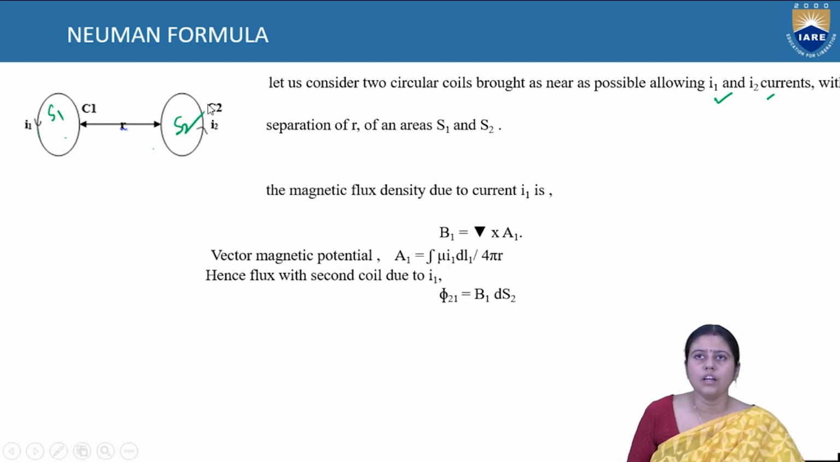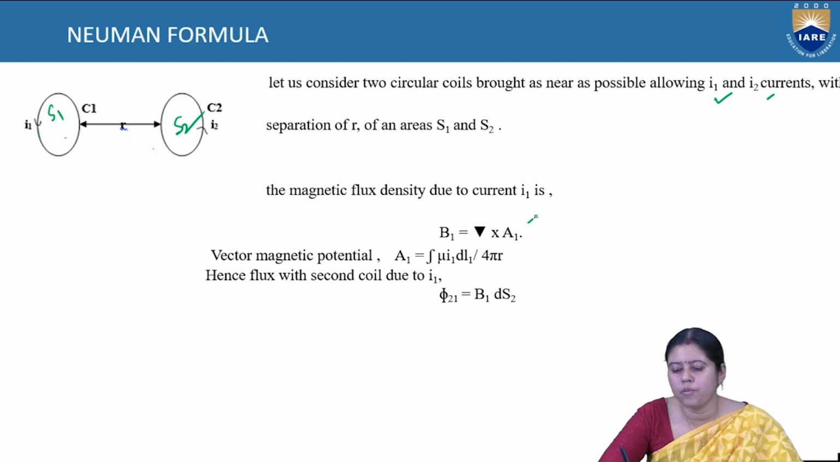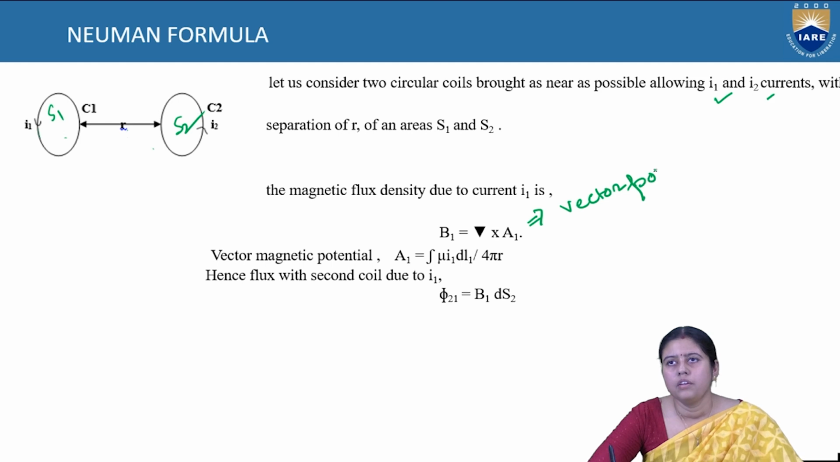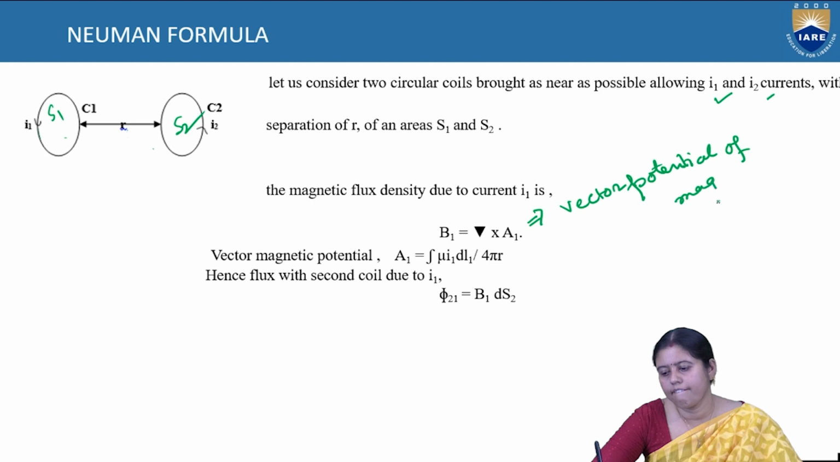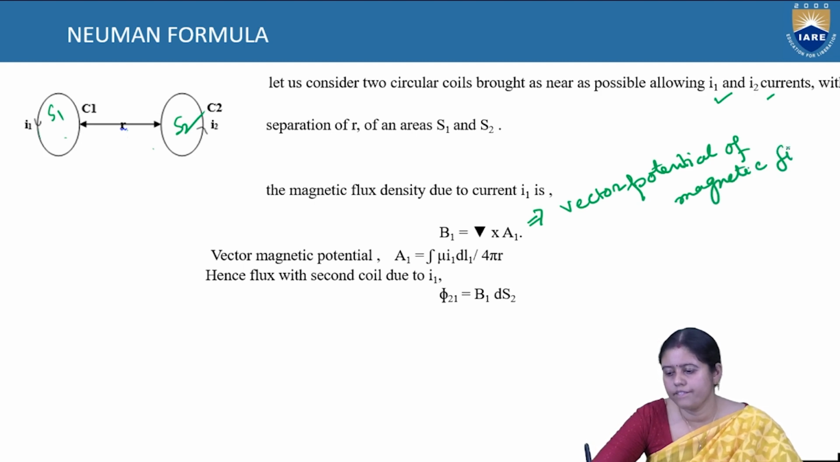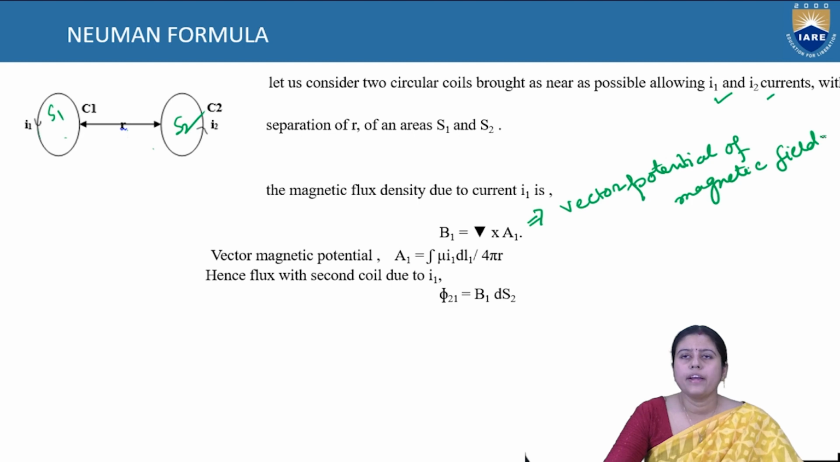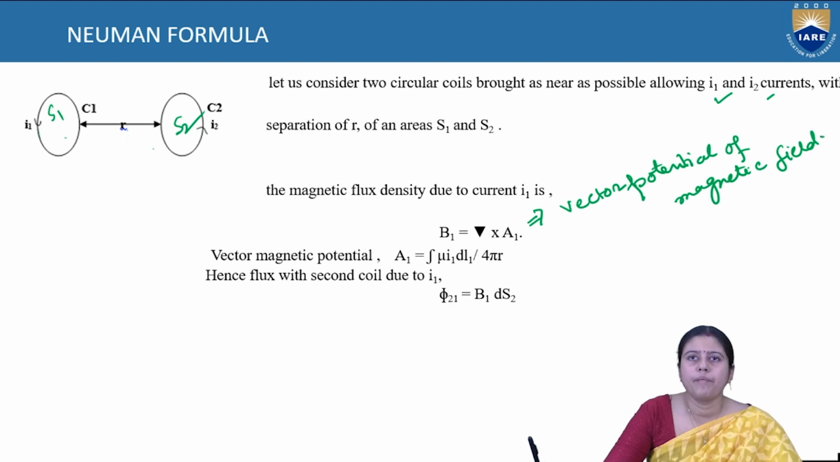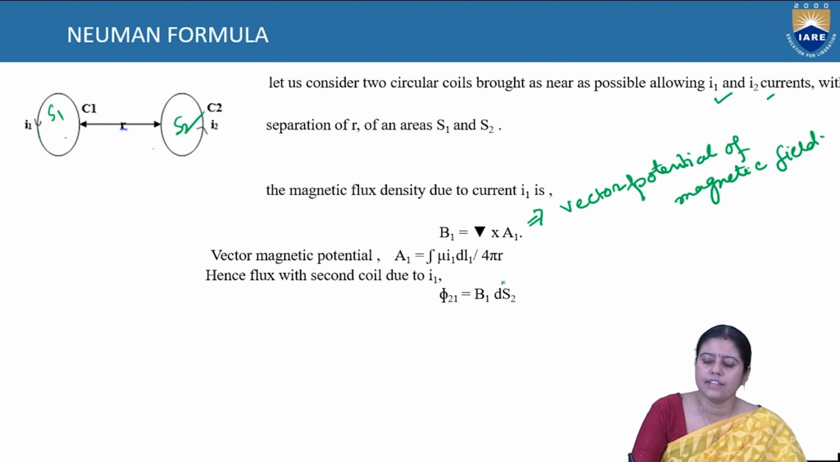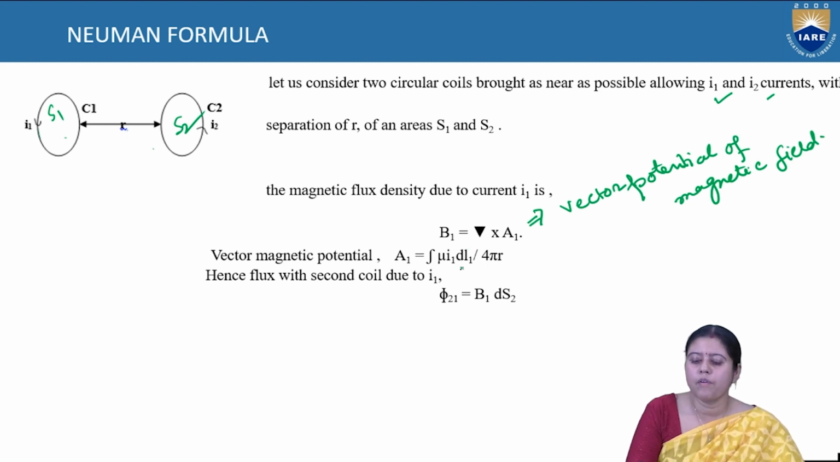From the magnetic flux density, we know B1 is equal to curl of A1. What is A1? A1 is the vector potential of the magnetic field, and the vector magnetic potential A1 is the integration of mu I1 dl1 by 4 pi r square. So the flux of the second coil,